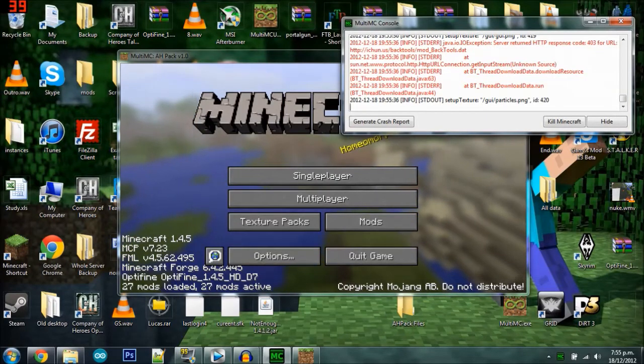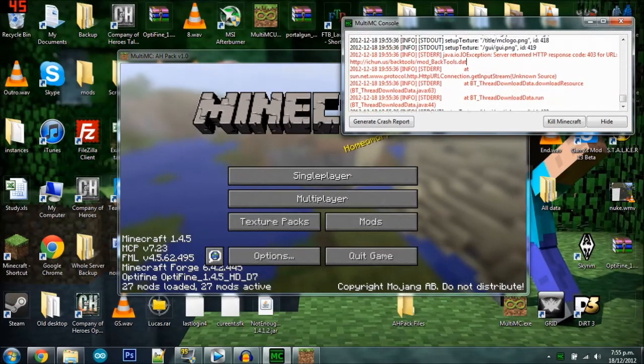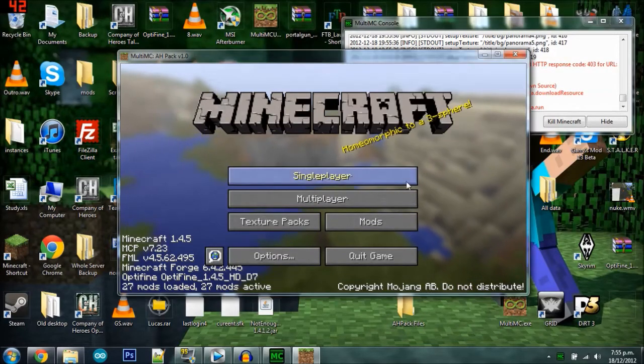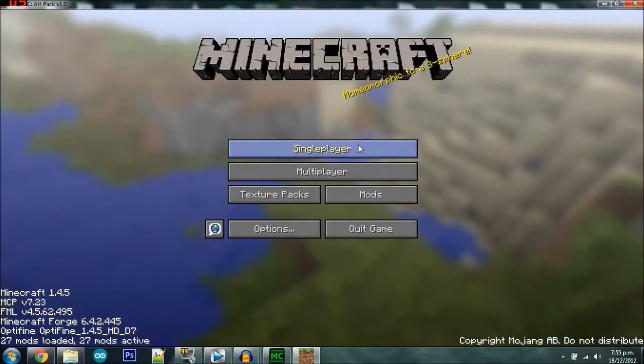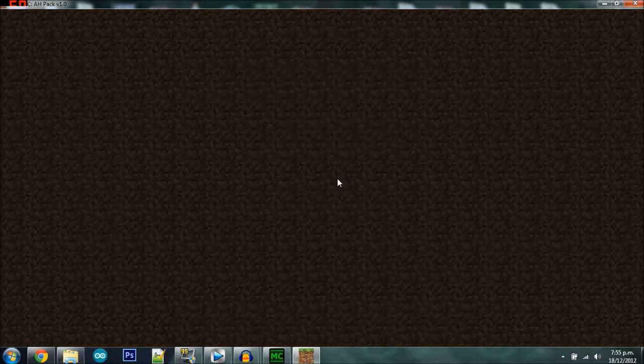You've got this here. This here is a standard error. Now I don't know what that's caused by. It's something to do with a mod that we have called backtools. I'll show you what that does now. This loads up. You've got 27 mods, and you can go away and do your stuff. So if we start up a world,